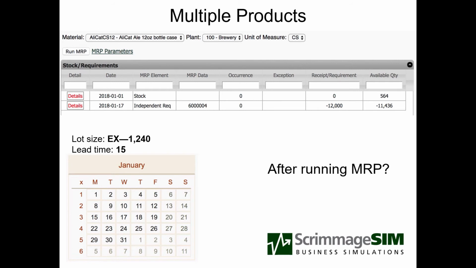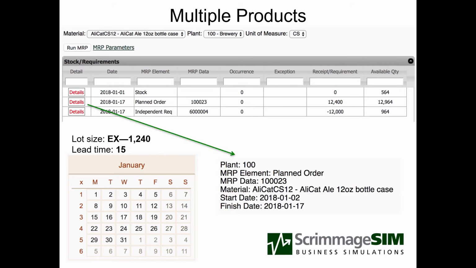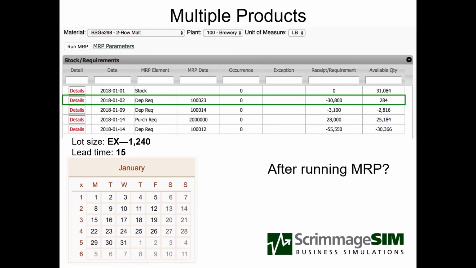If we look at Alley Cat Ale and have an independent requirement for 12,000 cases on the 17th, using EX of 1240, exact lot size rounded to multiples of 1240. When we calculate MRP, we get a planned order to be completed on the 17th with a start date of January 2nd. When we look at the 2-row malt, we see a new dependent requirement coming from the Alley Cat Ale on